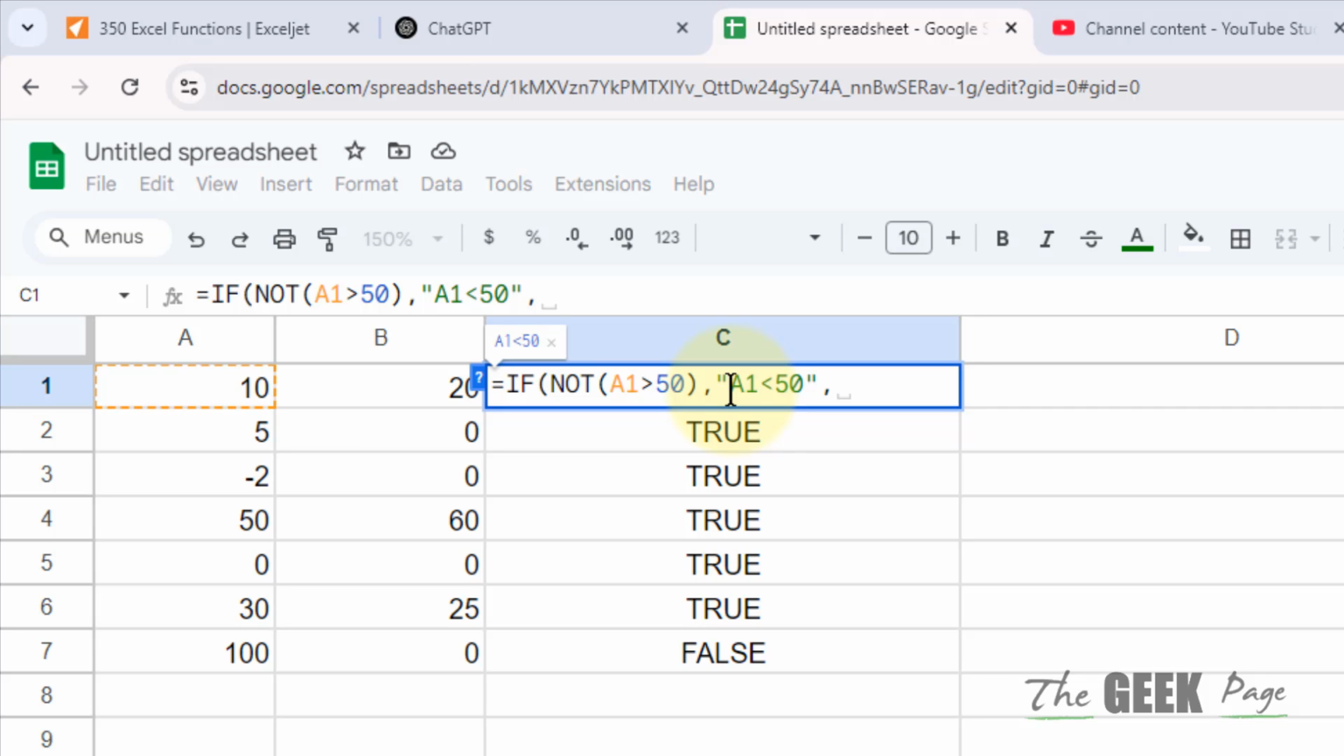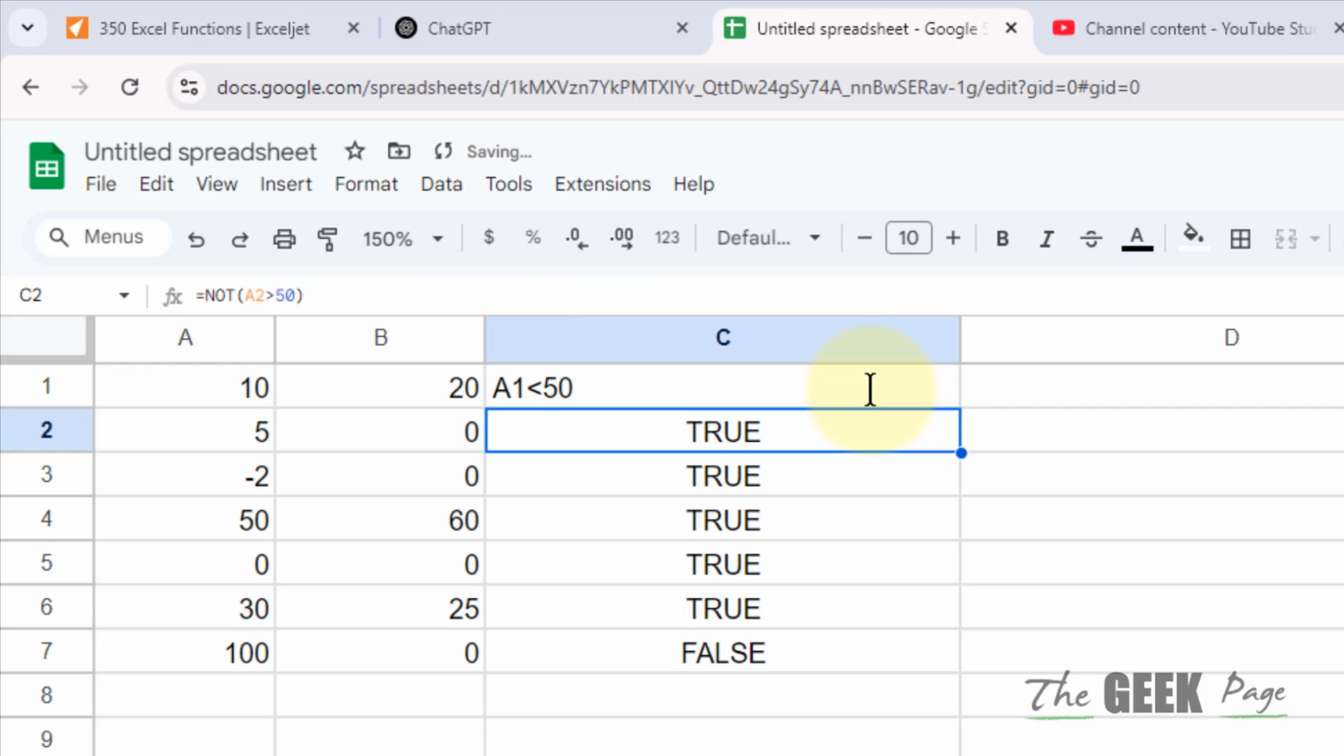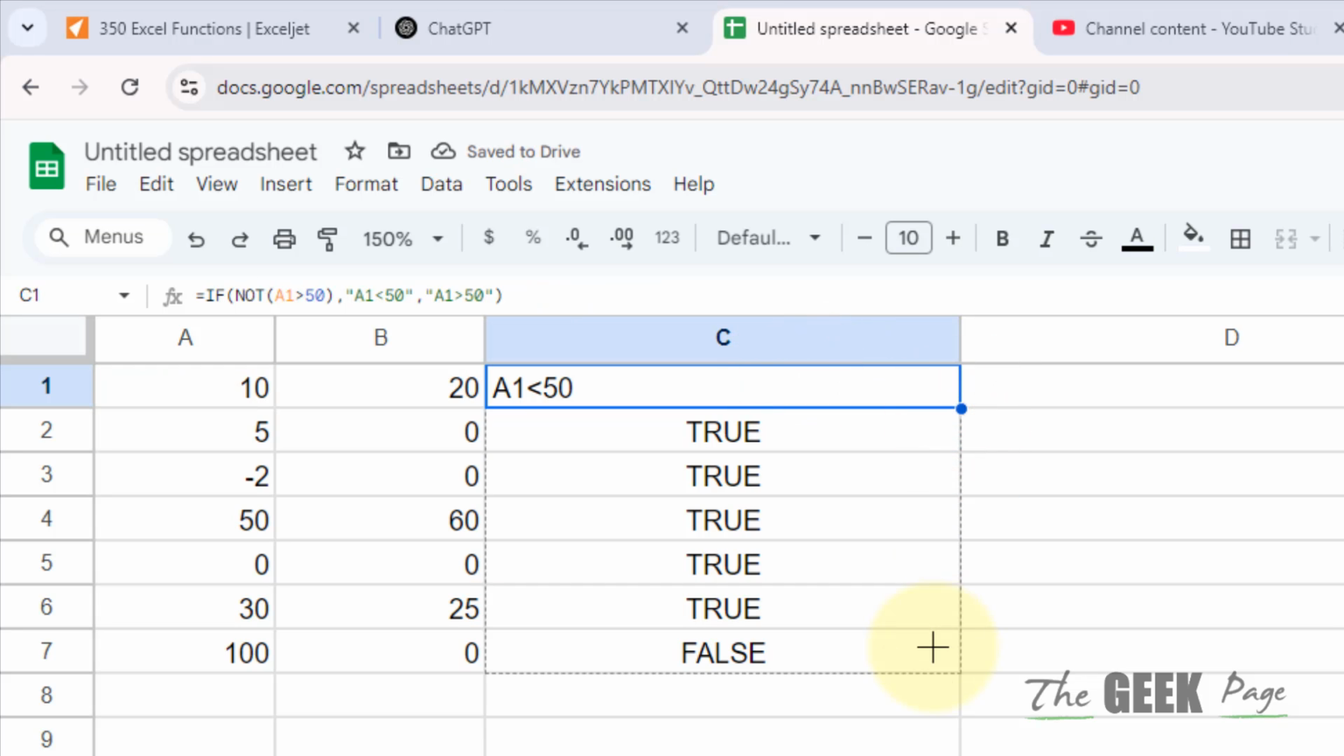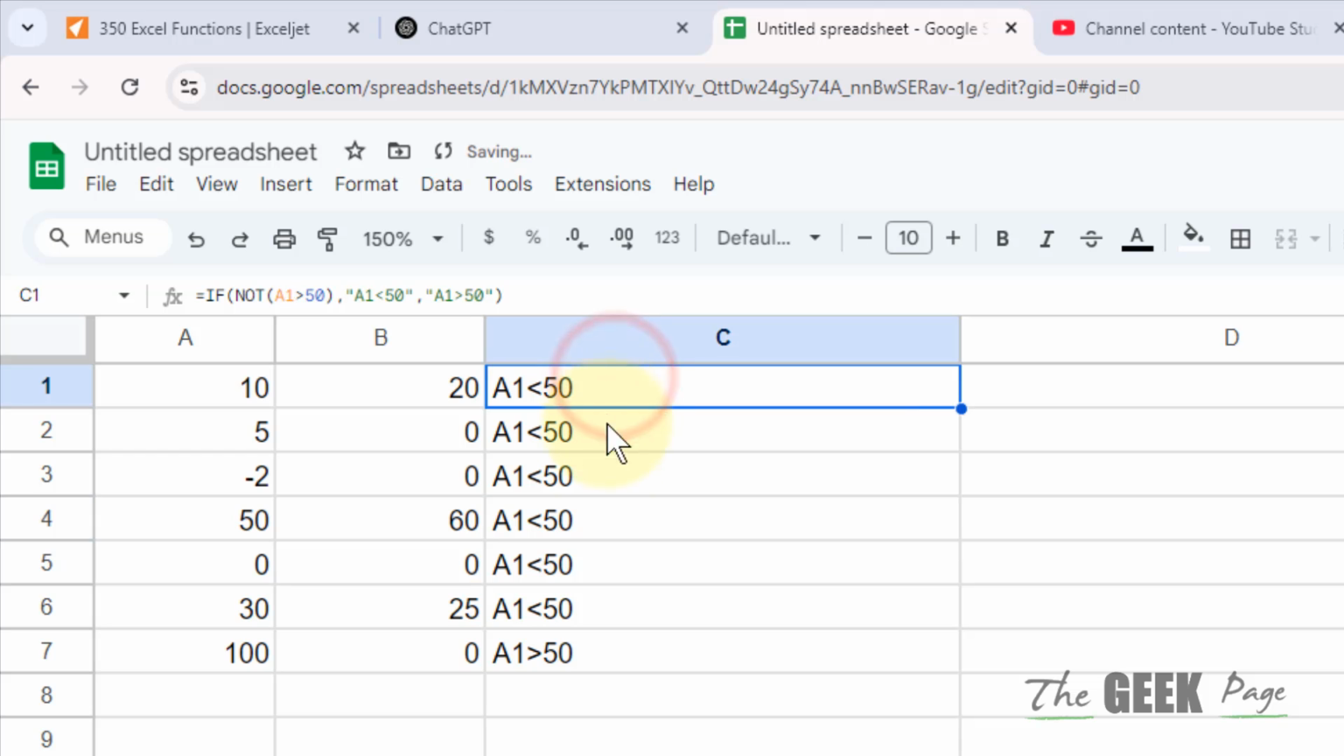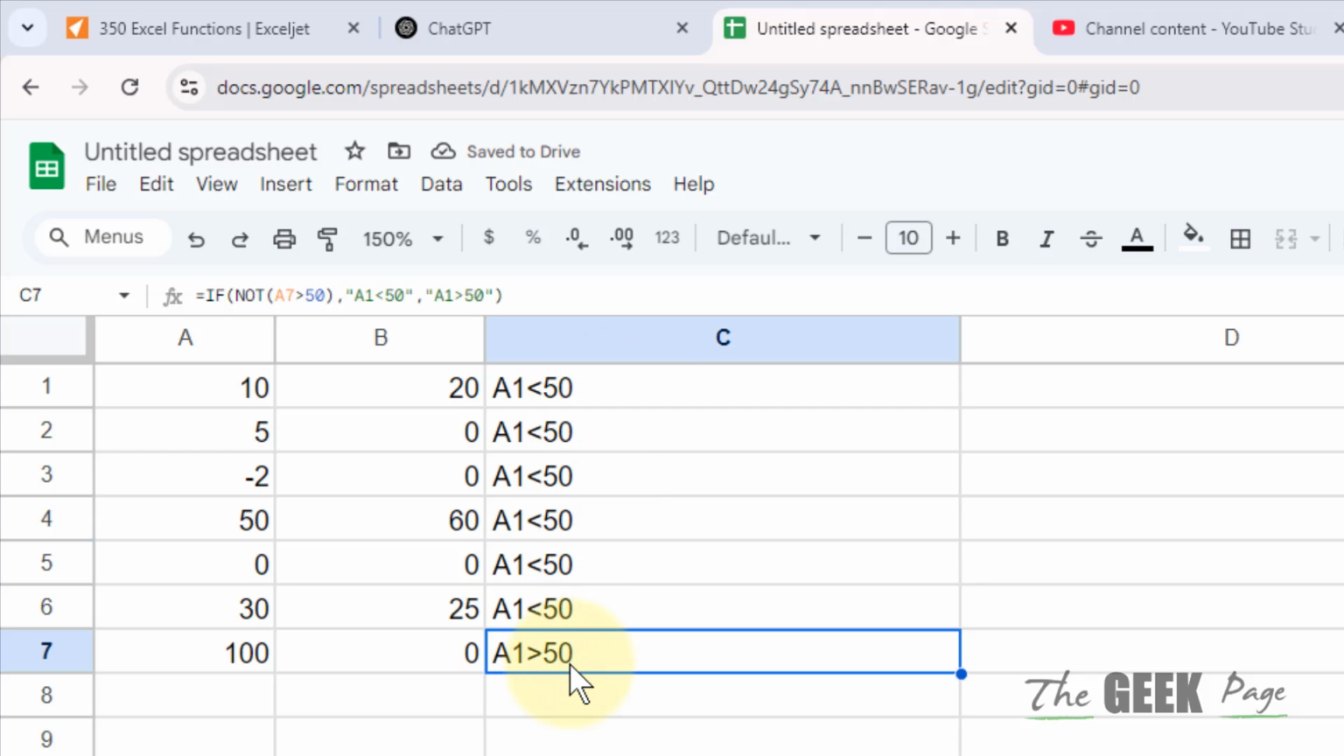and if the condition is false, that means A1 greater than 50 is true. That means we will write A1 greater than 50. Okay, and now you can see that this is giving those kinds of statements